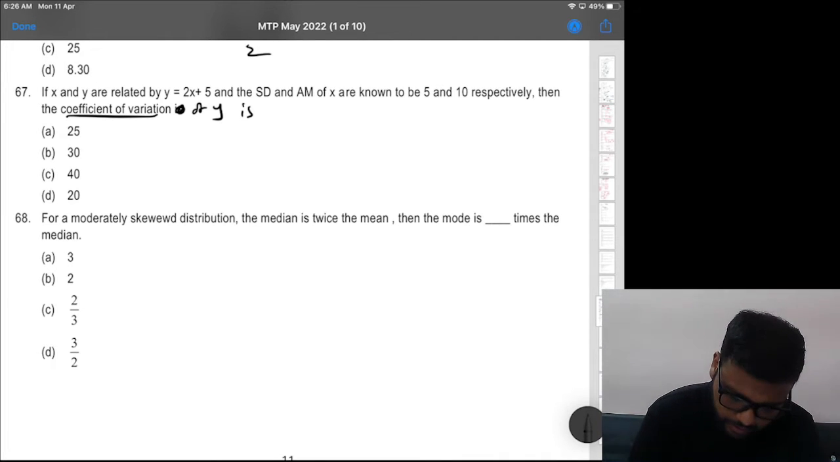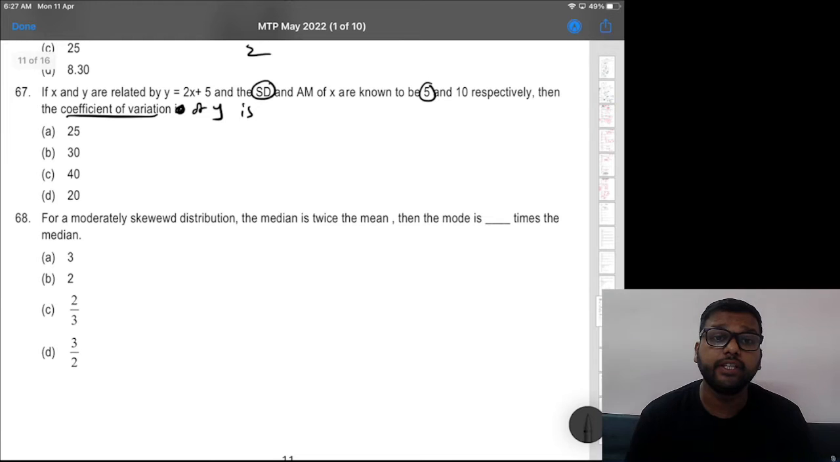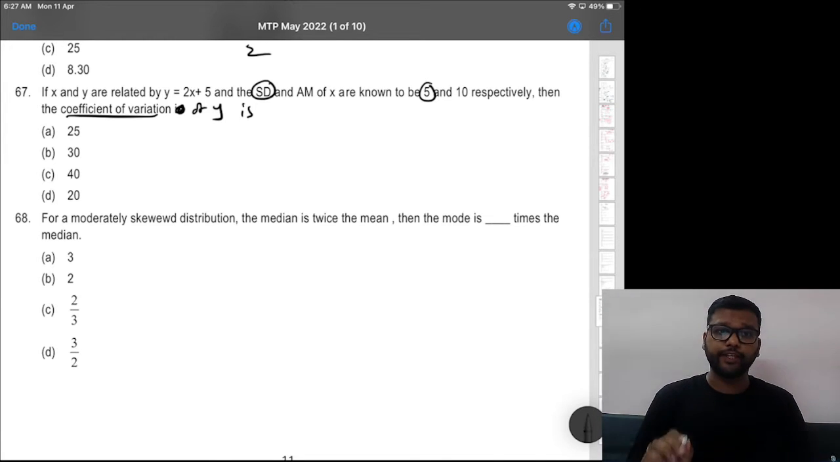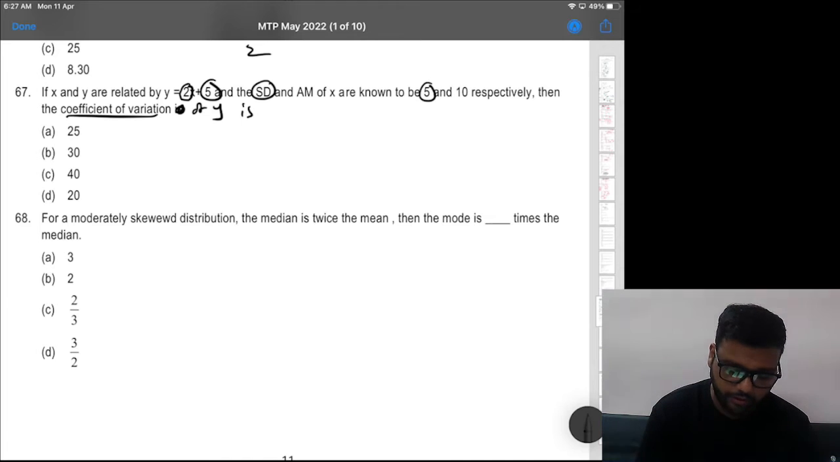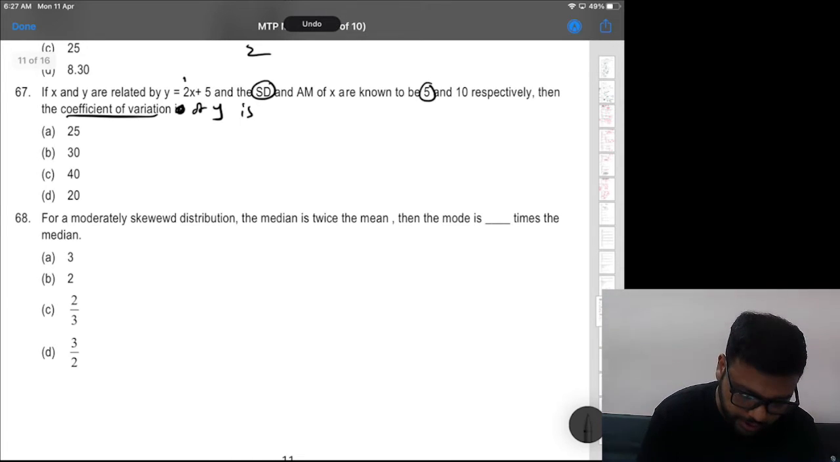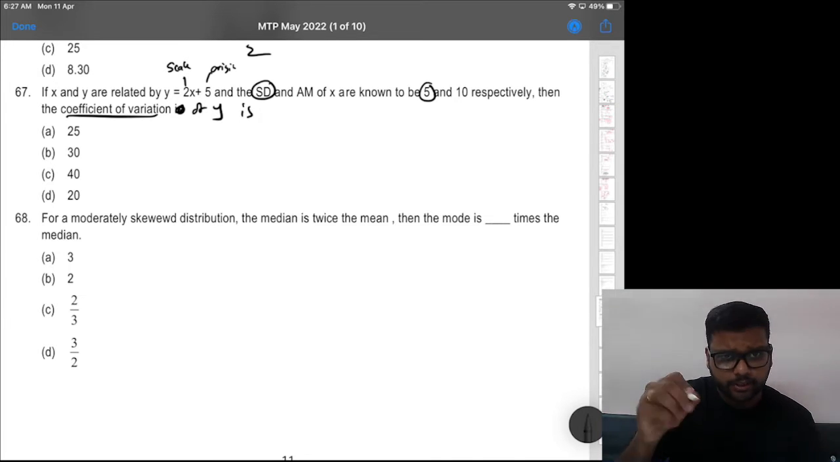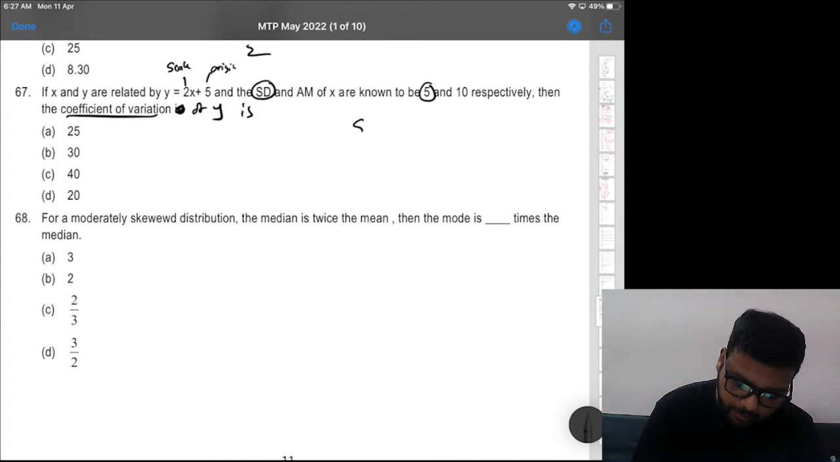Understand? Standard deviation, which is 5, is affected only by change of scale. Change of scale is multiplication or division. So that means only 2, not 5. Okay, understand? This 2 is change of scale. This 5 is change of origin. SD is only affected by change of scale. That means SD will become 5 into 2,